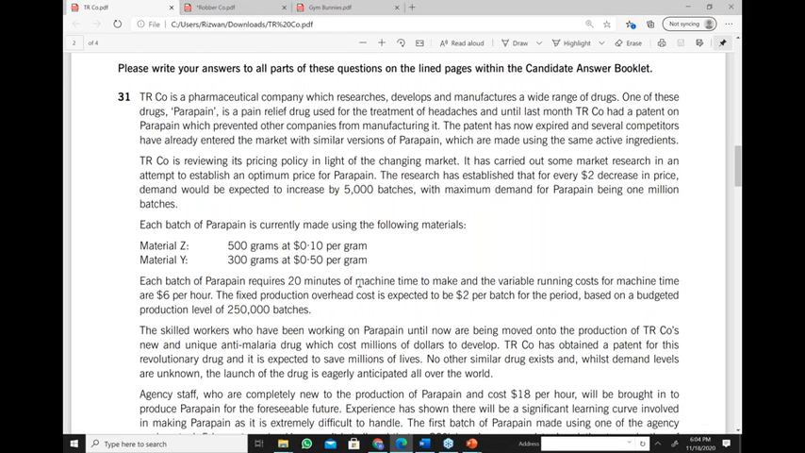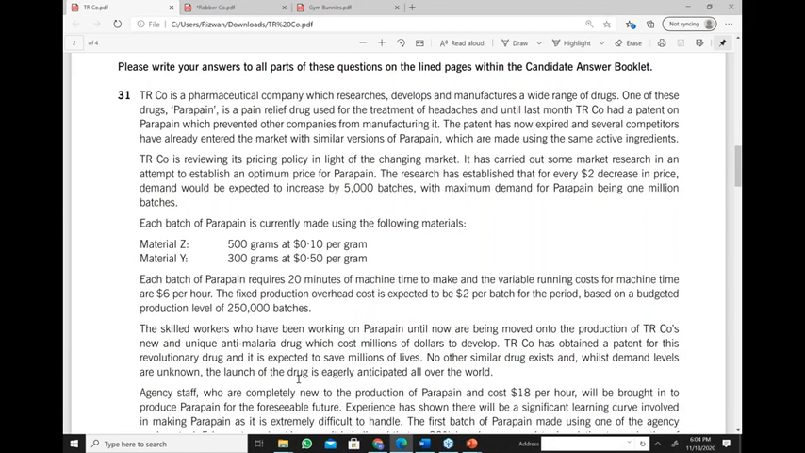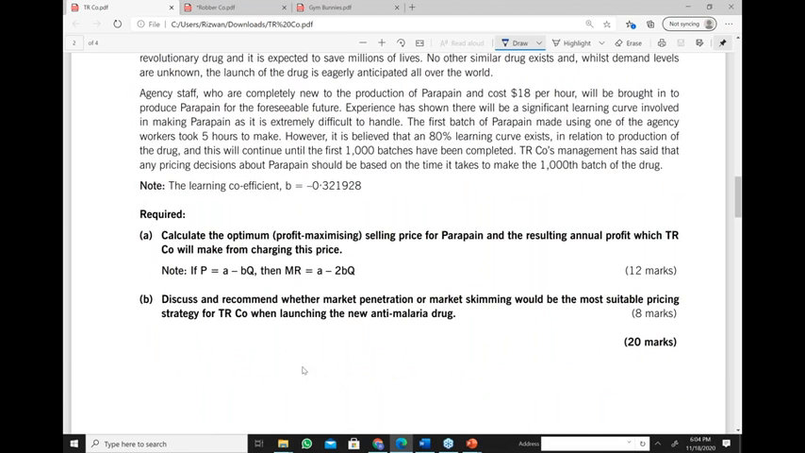Okay. Let's do the similar thing again. Calculate the profit. Calculate the optimum profit maximizing selling price for paraffin and resulting annual profit which TR will make from changing this price. Okay. Now,